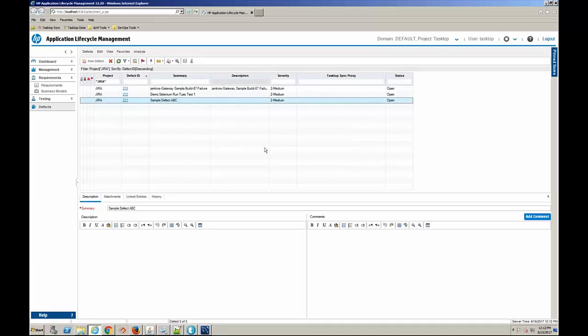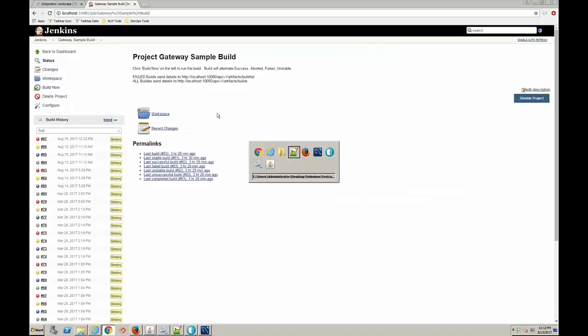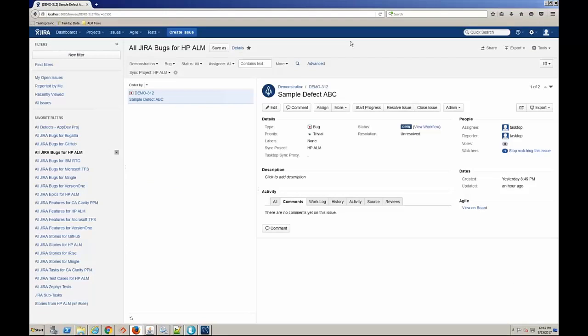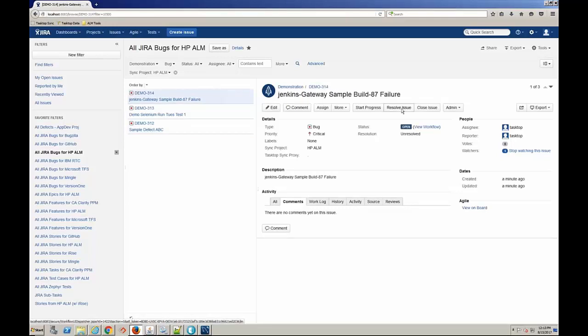So we had these failed events. They've created defects in HP. Not only that, they've been pushed into JIRA as defects as well. So we can now refresh JIRA and see that we've got those 2 bugs here in JIRA. So now the developer is aware of them as well, and if they'd like, they can begin to work and rectify those defects. And you can set this up so when the developer begins to work, they can go ahead and resolve the issue here,